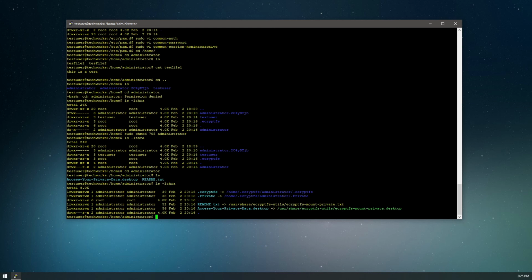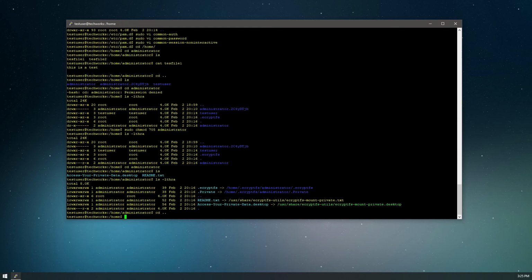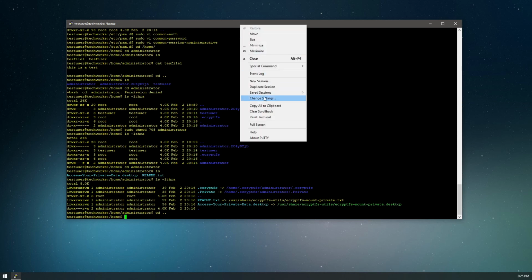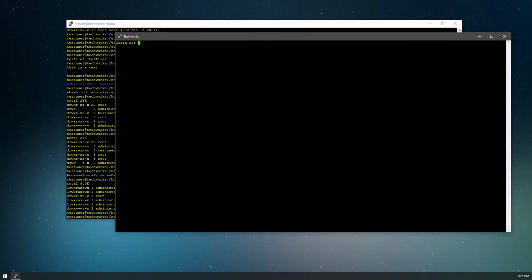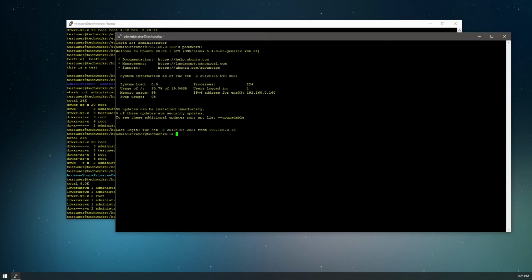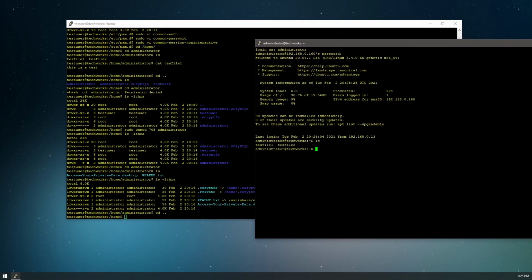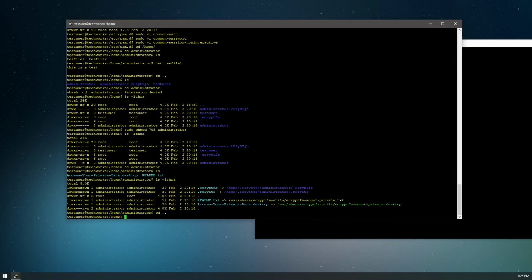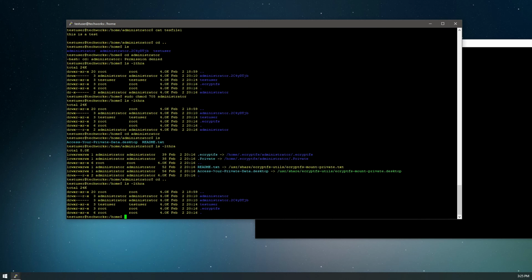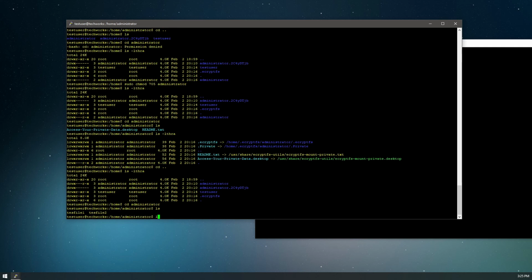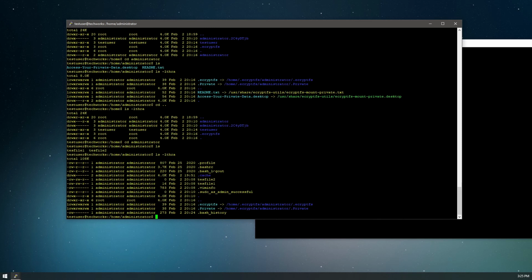So let's demonstrate that. And we will go like this. Duplicate session. We'll get our session, administrator. Okay. So now the administrator is logged in. There's our files, but also the administrator's permissions have stayed the same. So let's go into the administrator directory, and we also can see those files. It's not ideal. This is the best we can do though,